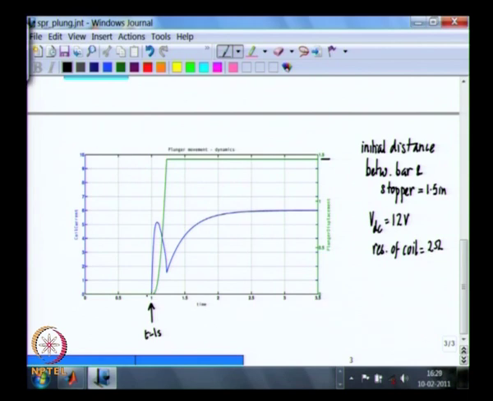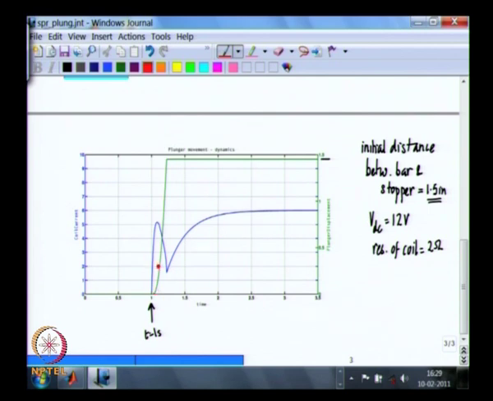As soon as you switch it on, this bar is fairly far away from the rest of the system, and therefore the inductance is very small. Since the inductance is small, flow of current I attempts to increase fast, and as this increases there is also an exerted force on this bar and the bar begins to move. You can see this plot shows the displacement versus time. Until then the displacement is equal to 0, that means the bar is not moving, and from this point onwards the bar has begun to move in response to this half I squared, and